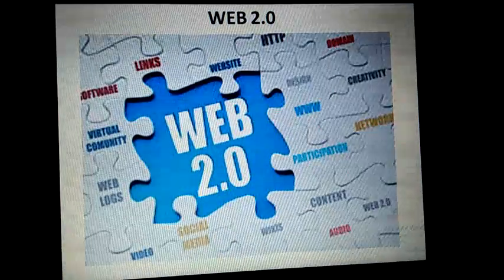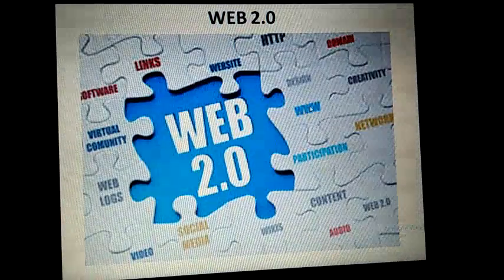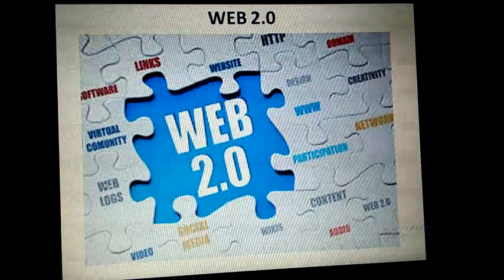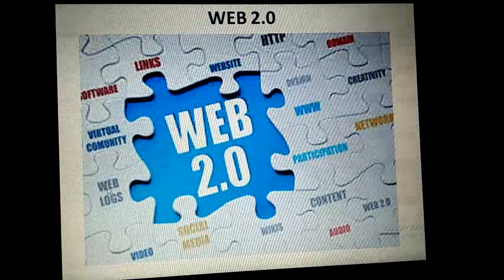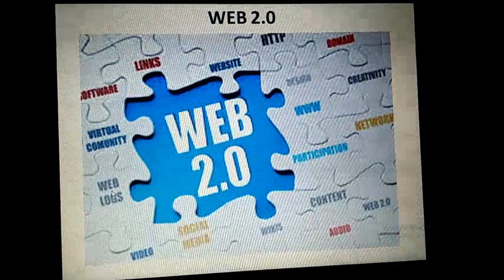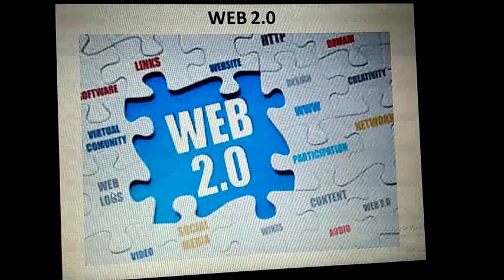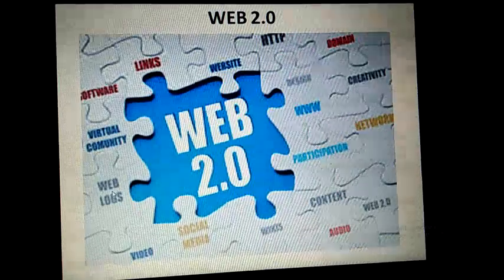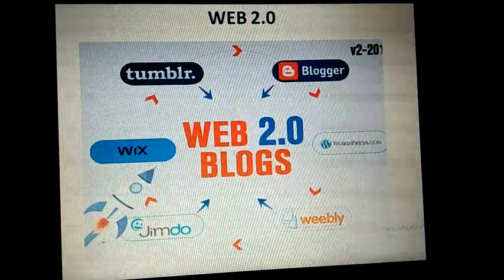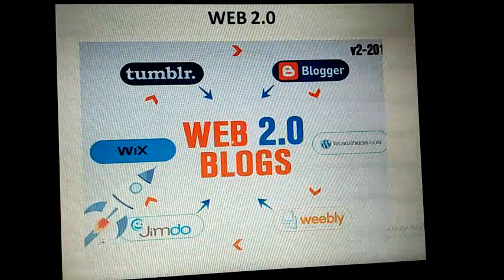So these are some of the applications: links and websites and domain, www, and then content, wikis, then social media, weblogs. You can create a blog on your own. We can create free blogs instead of buying a website. We can create our own blog, and in a free way make use of that web blog to display all our contents. So this is also one of the example applications of Web 2.0, that is blogs.